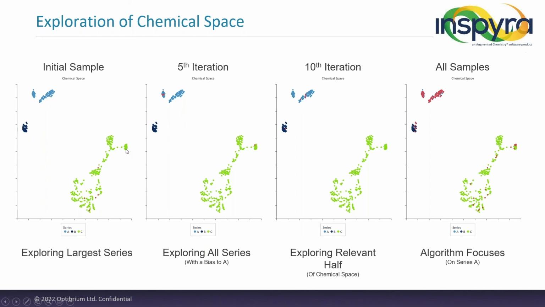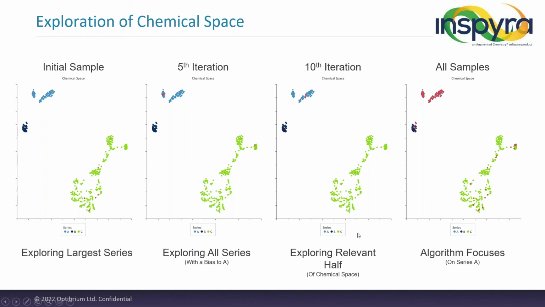What we're showing here is that the first 5 compounds picked, essentially with no a priori assumption, all happen to be in series C, because statistically speaking, it's the largest, and that just happens to be the 5 that it picked. But even after the 5th iteration, you can see it's selecting mainly from series A. This is the one that we're liking, and from series C there's just 1 picked up. After 10, now you can see it's basically all series A and B, and it's realized now that series C